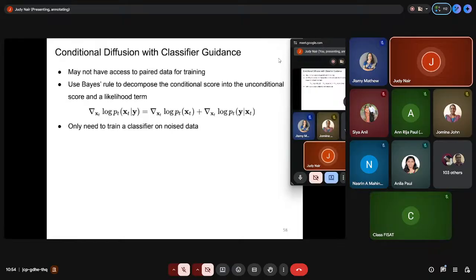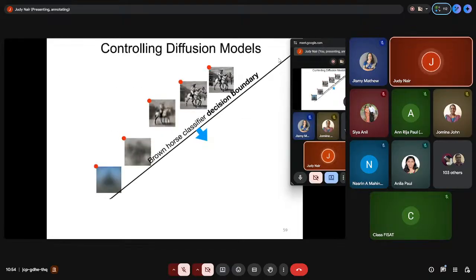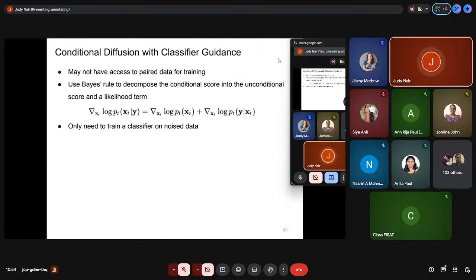It'd be like, you give a cat image. This is with a classifier guidance, but I want to tell you the general thing. Instead of giving only a cat image, we can give a cat image and say, generate a cat, generate a dog. Or it could be generate an image from the text prompts. Mostly text prompts can be used as a condition also.